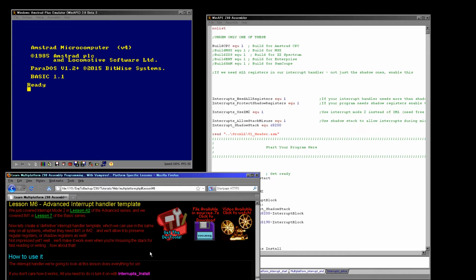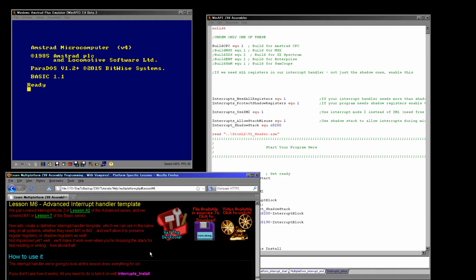Now, today we're going to cover the procedure a bit, but I'm actually going to provide you with an example code that I've written that will basically do all of the work of each individual platform for you, and will allow you to just create your own interrupt handler without worrying too much about how it actually has to work. Although today we will actually go into the details of what it's doing. I will show you how to use it, and I will show you some of the more advanced functionality it